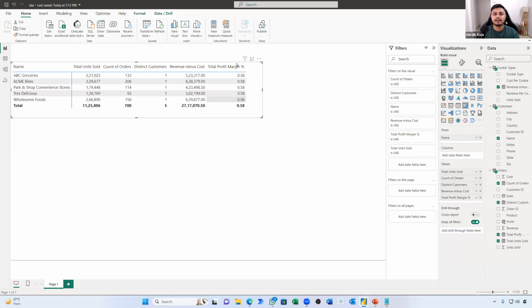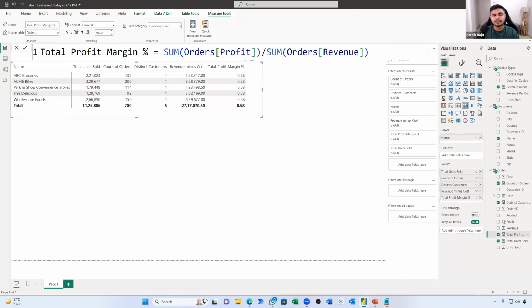But the point here is I've added the column name as percentage, but here we are seeing 0.58, 0.58, 0.58, 0.58, 0.58. And that is something which is not looking right, right? So what we will do, we will select the measure, and we will have something called the percentage sign. Now these are measure tools, it's already covered in format measures. So the moment I click on percentage, everything will be in a detailed format. Now see this, we see what are the exact margins that we have.